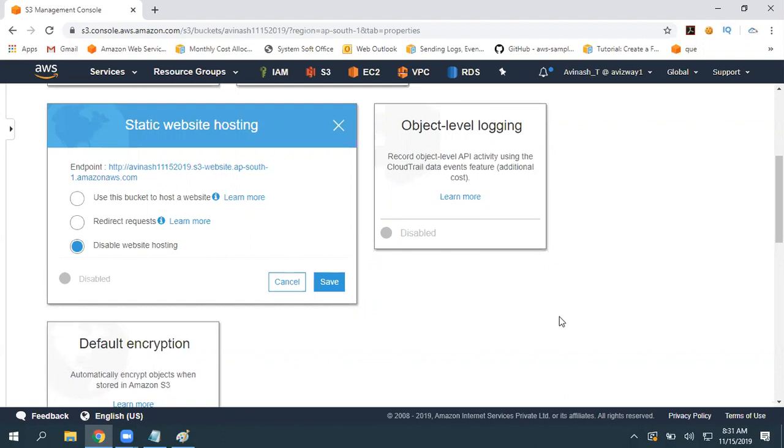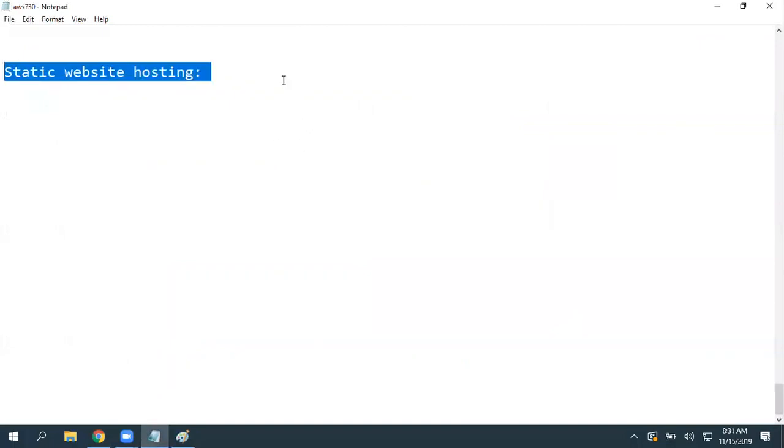In the backend, we need to have a database and you need to maintain some roles there: to whom you want to give read permission, to whom you want to give write permission. That is a dynamic website. But this S3 platform supports only static websites. Those are fixed pages. Okay.